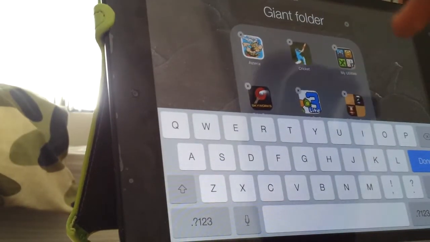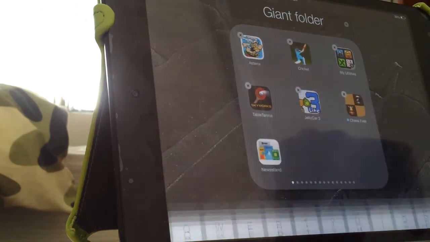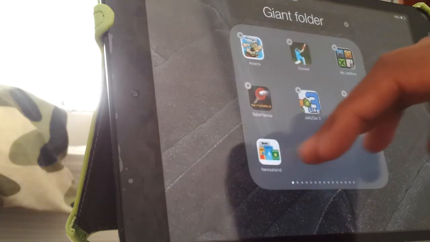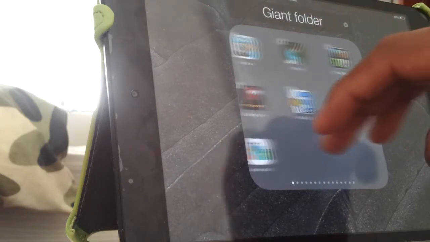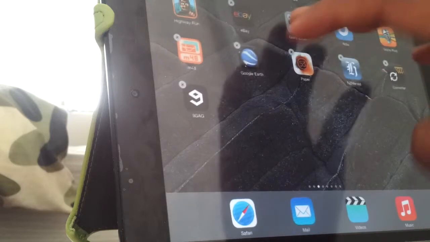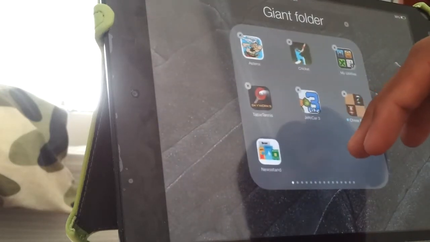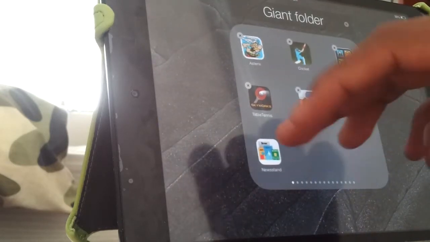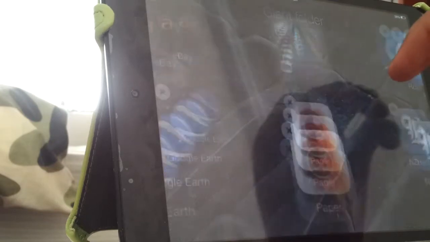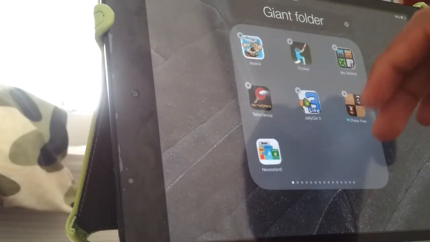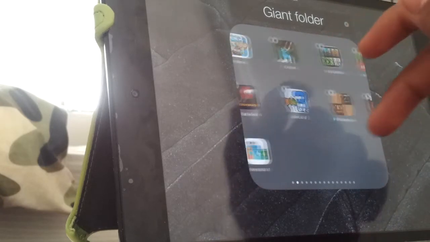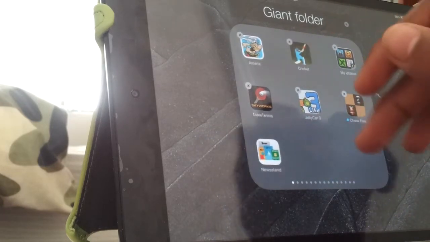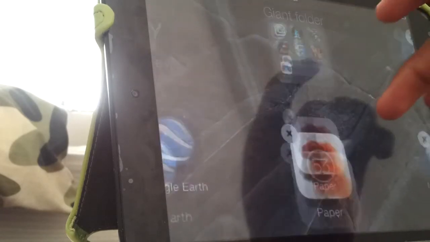Alright guys, I think that's enough for iOS 7, and oh yeah, of course you could fit Newsstand in your folder now, and that's a pretty big jump from iOS 6. I don't know why Apple did not include that in iOS 6, but at least they've made it in iOS 7, and it's pretty good since no one really uses Newsstand that much. You might use it, but at least I don't. I know a lot of people that don't use it, so I think that's a pretty big jump, and it's good since it won't cram up your main home screen, and you could keep it in there just because